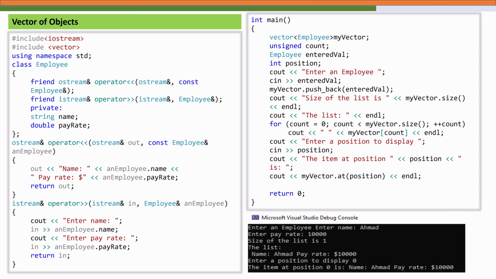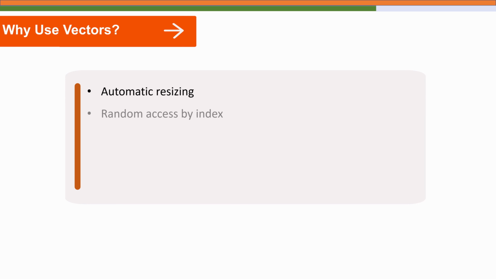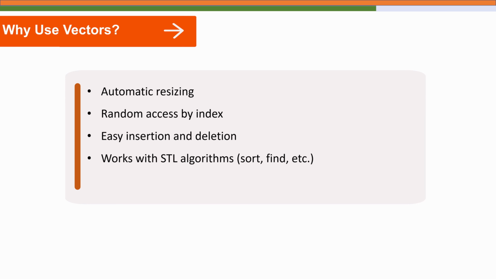You can add as many employees as you like, and the vector grows dynamically. So this shows the true power and flexibility of combining classes with STL containers. To summarize, vectors offer automatic resizing, fast random access, and easy insertion or deletion. They work beautifully with the STL components like algorithms and iterators, and since they are built using templates, they can